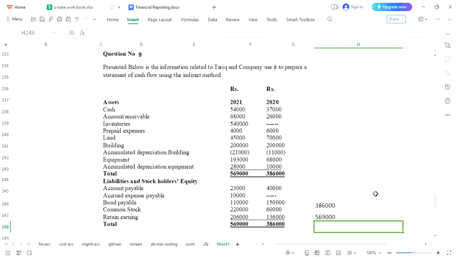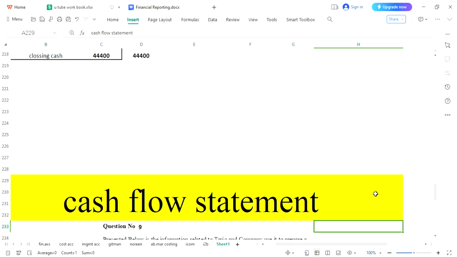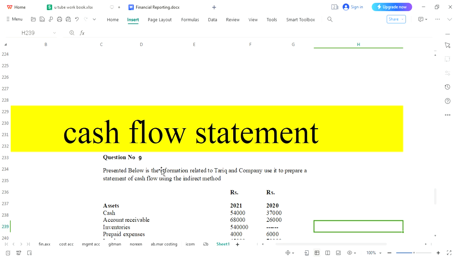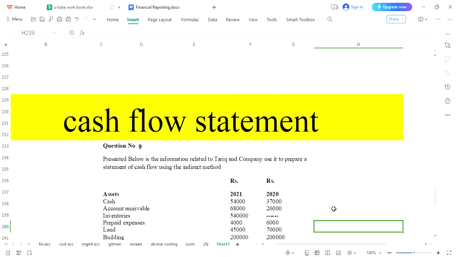Hey guys, hopefully everyone is doing well. Today's target is to solve question number 9. The chapter which we are related with is cash flow statement, and as usual we have been provided assets and